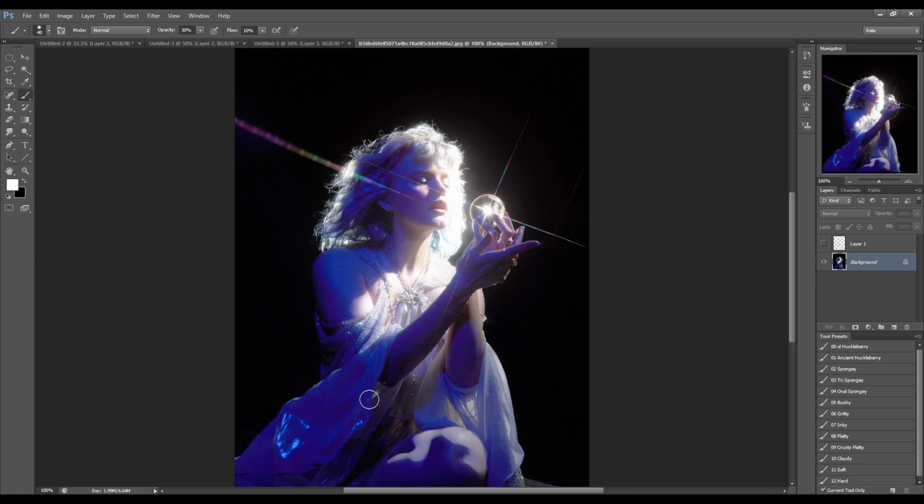And this is a good reference for seeing that, because the delineation between the two is so exaggerated. It's got these really hard lines where the light cuts off. And then we also have these really big shifts in saturation, in hue, in every aspect between the lit areas and the shadowed areas. And it gives us this blueprint for being able to do the same thing in our own work.